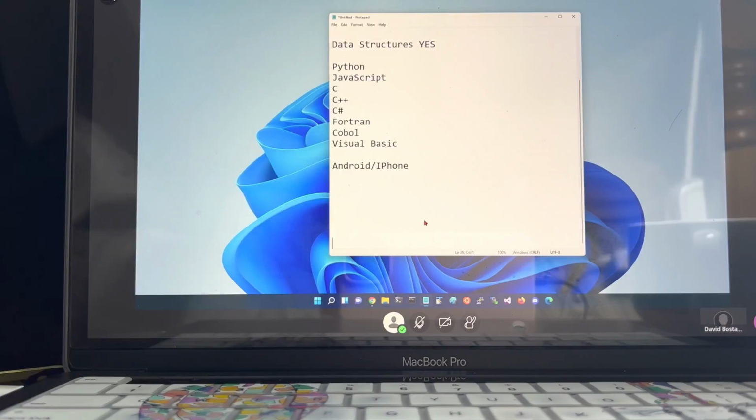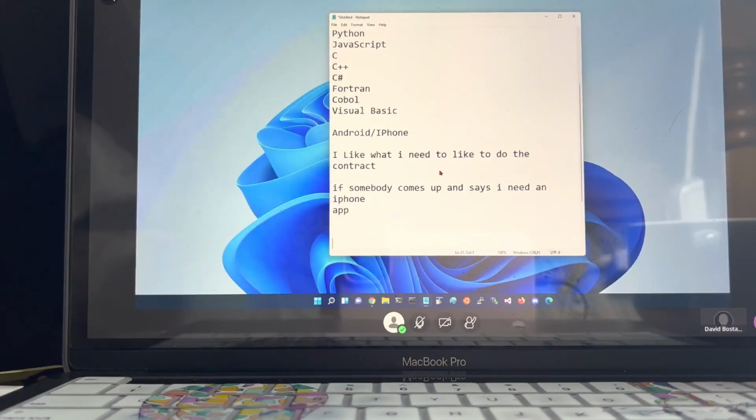Remember, I work and have been working in the computer field for years. And there's a motivating thing that says, I like what I need to like to do the contract. So if somebody comes to me, what am I going to say?